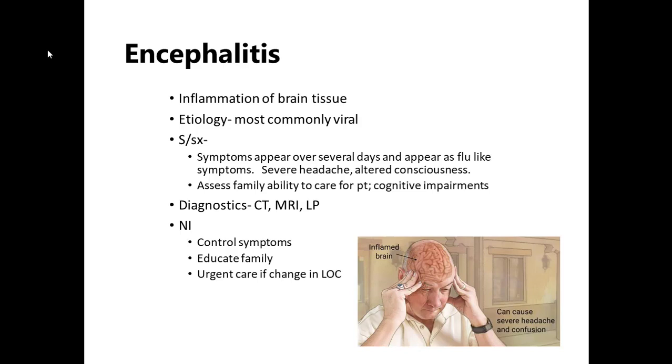All right, encephalitis. We only have one slide here of encephalitis. This is inflammation of the brain tissue, where meningitis is inflammation of the meninges. Encephalitis is inflammation of the brain tissue. Generally, it's a viral cause, but it can be caused by things like parasites, toxic substances, can be bacterial, can be caused by ticks, mosquitoes,